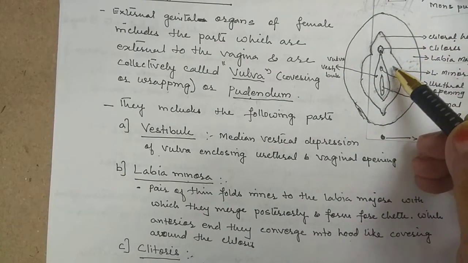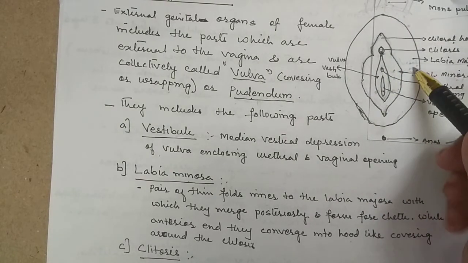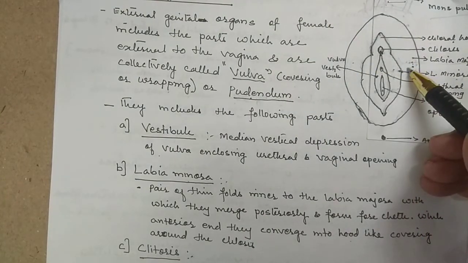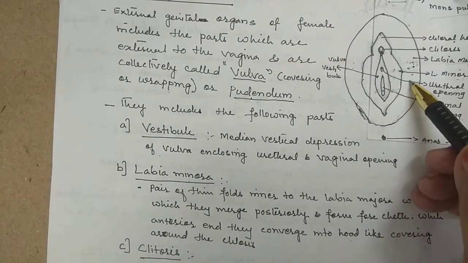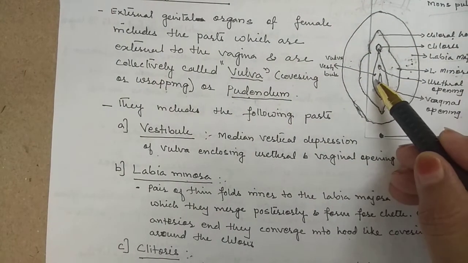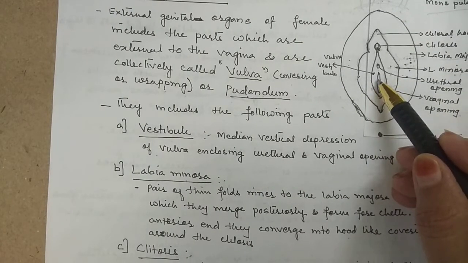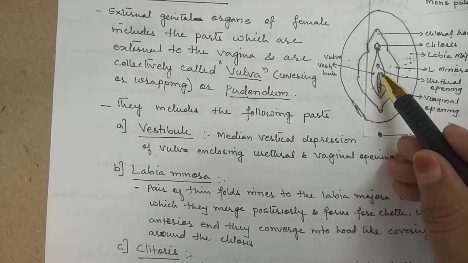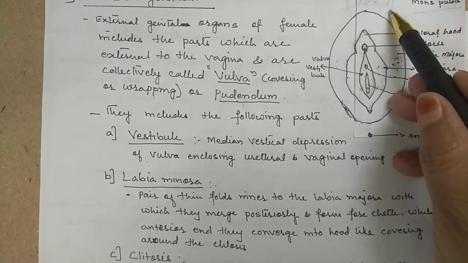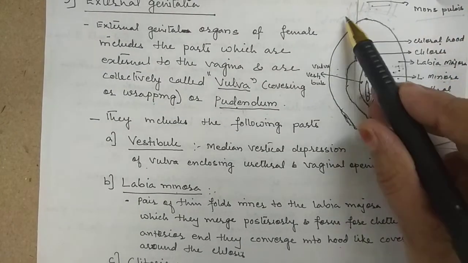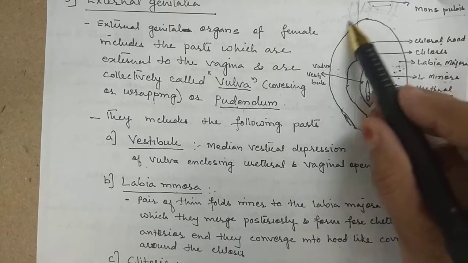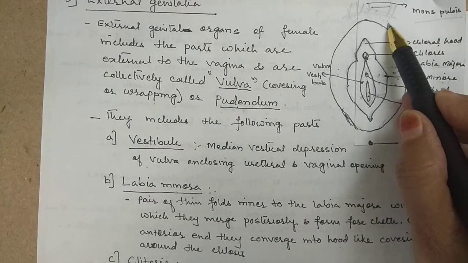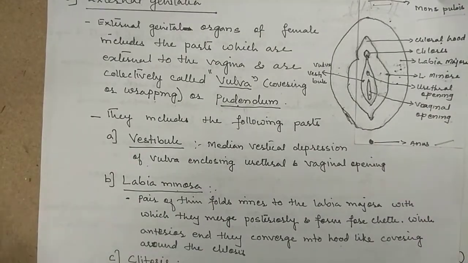Now next to the labia minora, on the outer side, is the labia majora. They are 2 large folds that form the boundary of the vulva. They are homologous to the scrotum, and they protect the inner vestibule, which has the 2 openings. Clear? Now the next part is the upper part here. This is called the mons pubis. It is a fleshy elevation above the labia majora. This portion is hairy, and those hairs are called pubic hairs. Okay, now this is the external genitalia.